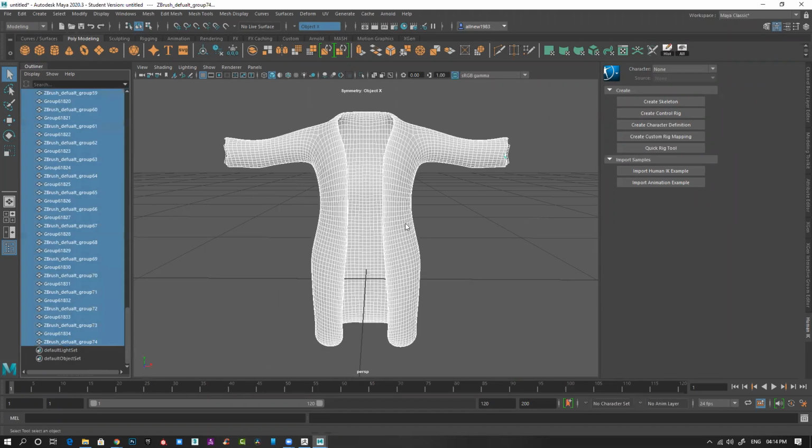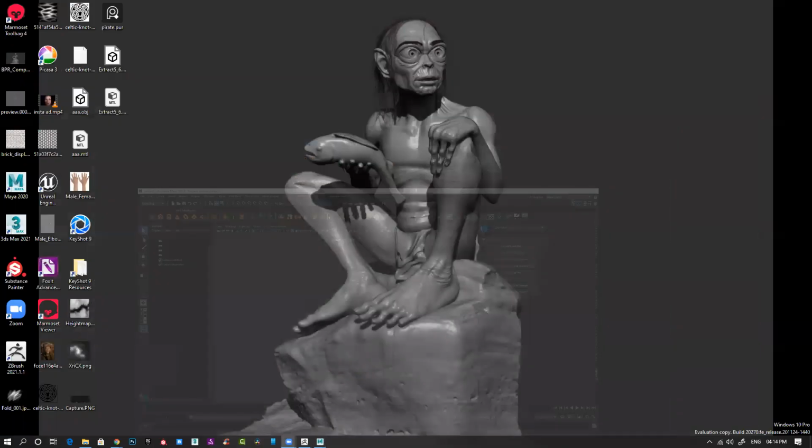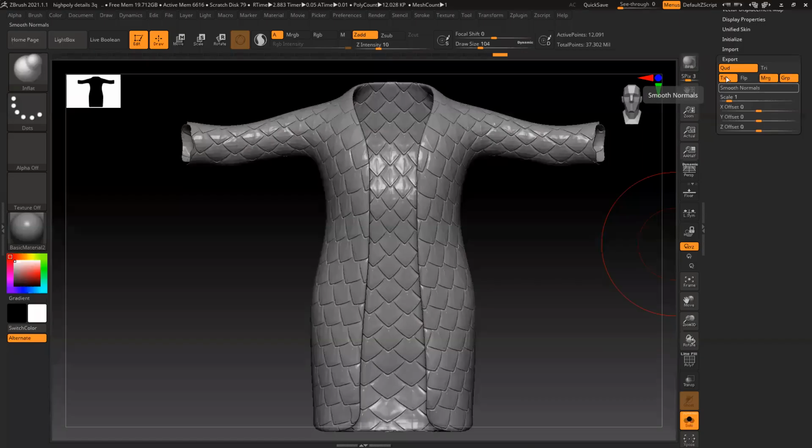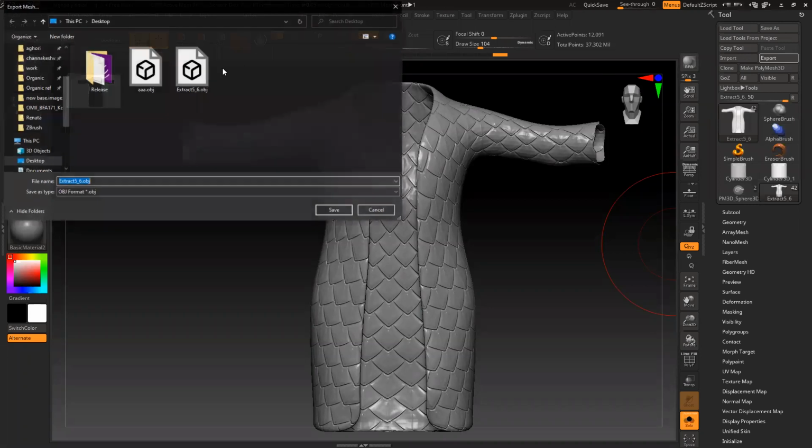Delete. Make sure it is one single solid poly group. Export, make sure quad is on. Merge and group is switched off. Texture is not needed. Merge, export.